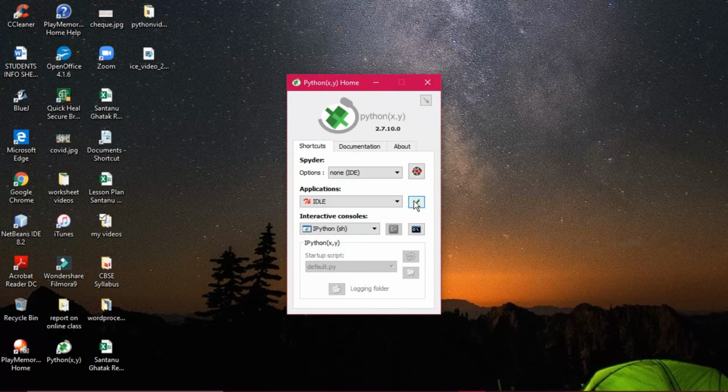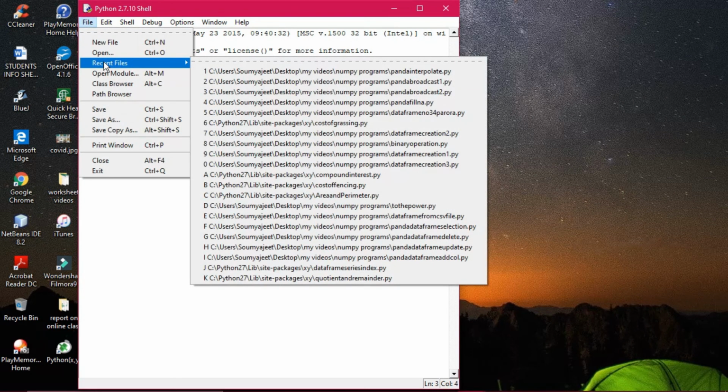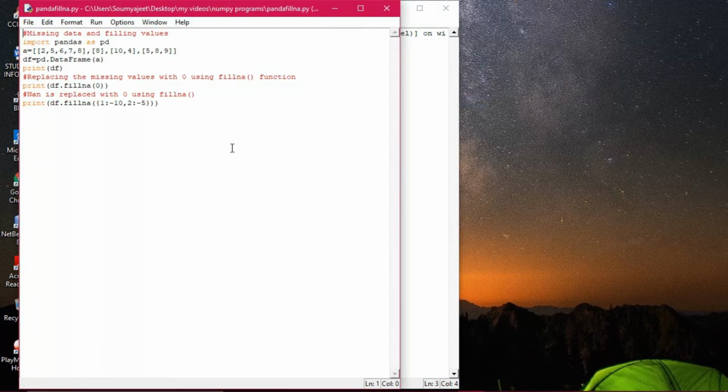Just let me open this one. So you will open this file, a new file as well, or in the recent file. If it is there, then definitely I will show you. Yes, fillna is there. Okay, fine. So this is the program you see out here. The fillna command has been applied here, and the filling has been done in the first column and the second column of the array. It is not compulsory that you have to use 0 all the time. You can fill it with other values also.